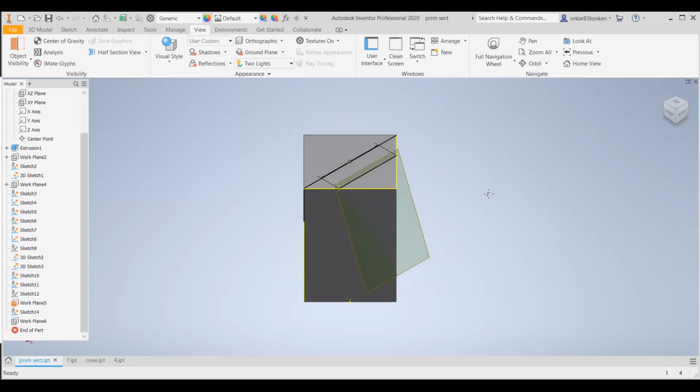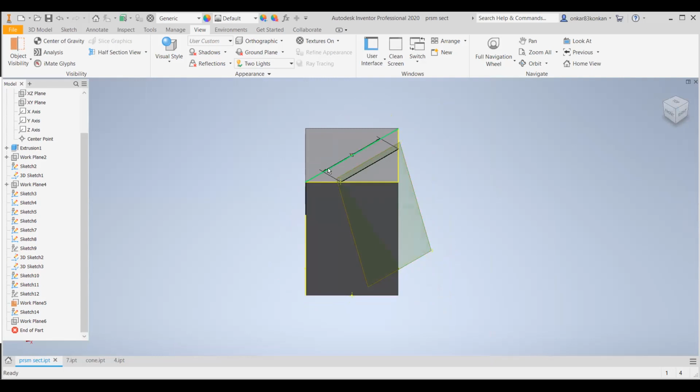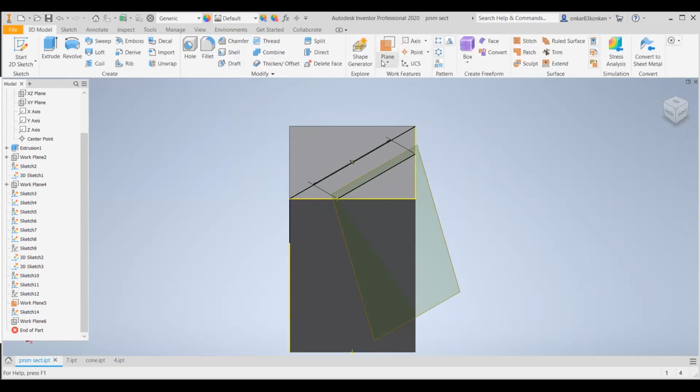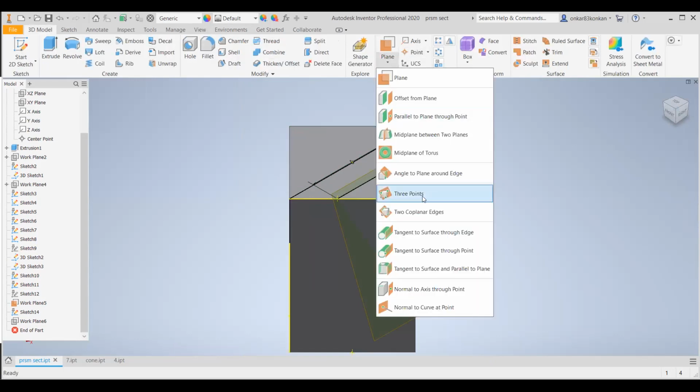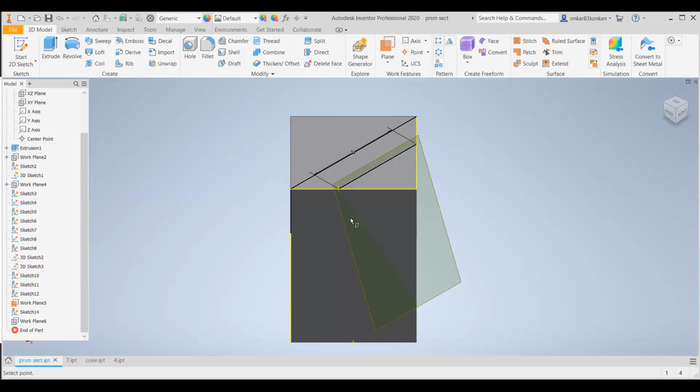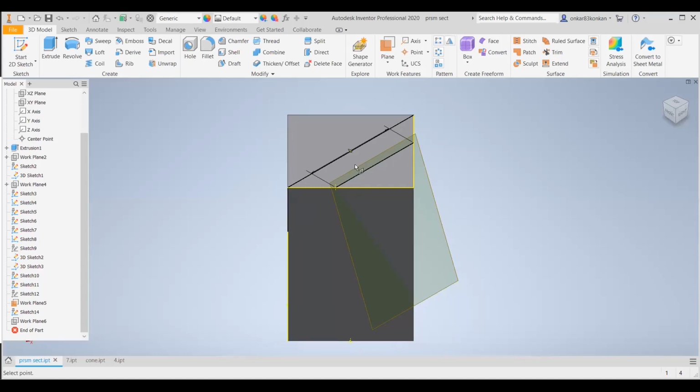So let us see that true shape. We need to take one section plane which will pass through this line. Let us create one plane which will pass through these corner points.